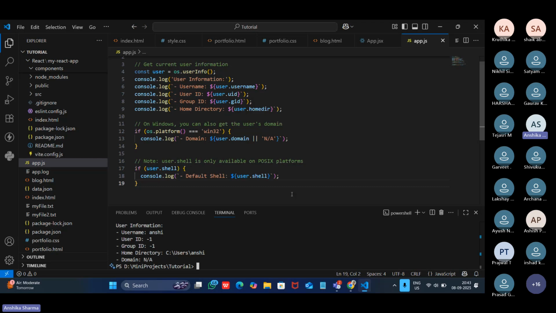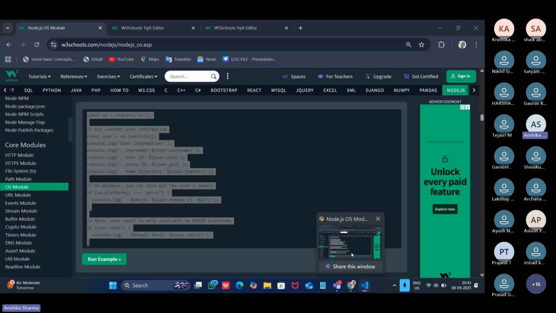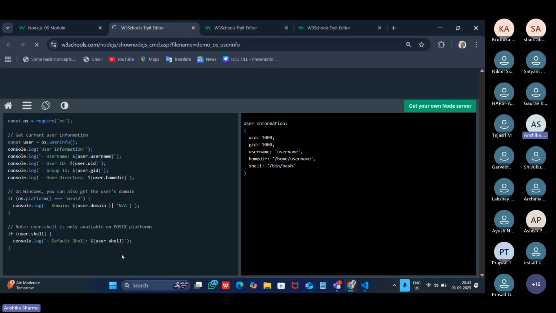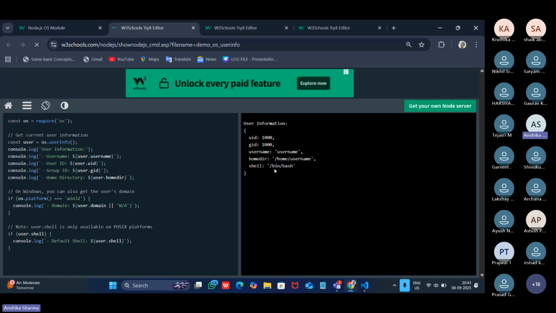If you are having a POSIX system or you are currently working in a Linux system, then only you get any valid information for the user ID and the group ID. Like over here, they were using the Linux system that we have seen in the previous example. That is why they have got the UID and GID as 1000 over here, and then the username, home directory, and shell. Since they were using the POSIX platform, that is why they have got the information about their shell over here.